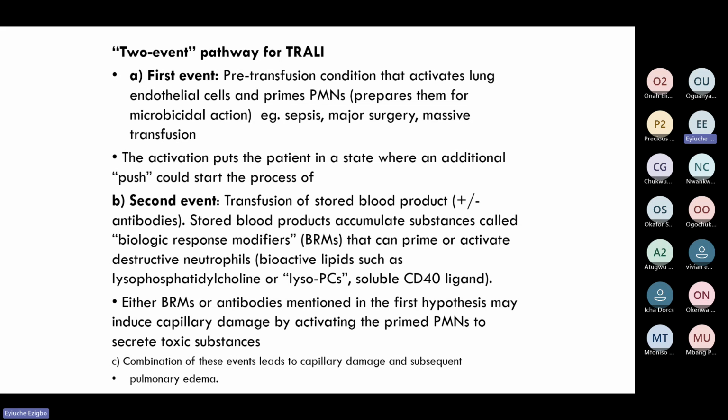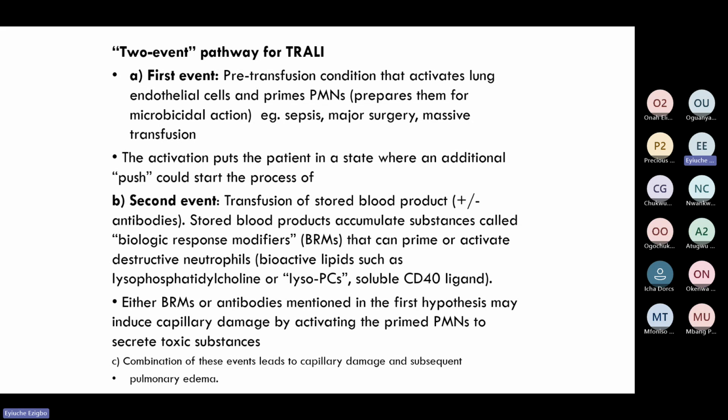In the first step, they advocate that a pre-transfusion condition activates lung endothelial cells and primes the white blood cells, for example sepsis in the donor, or massive transfusion. Maybe it is a recipient with some conditions that have already primed these white cells, in the donor or in the recipient. The activation puts the patient in a state where an additional push could start the process of